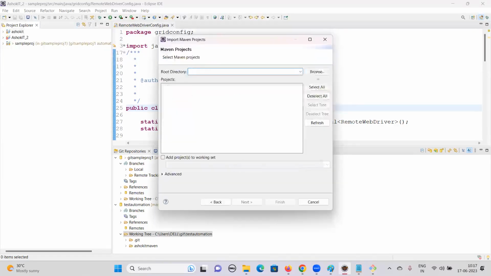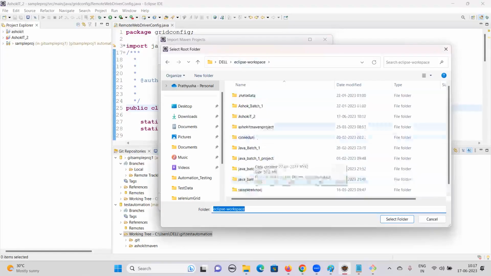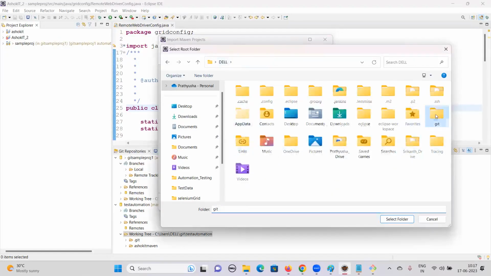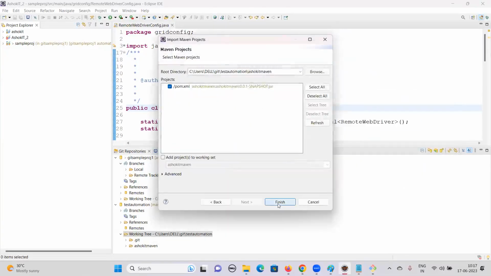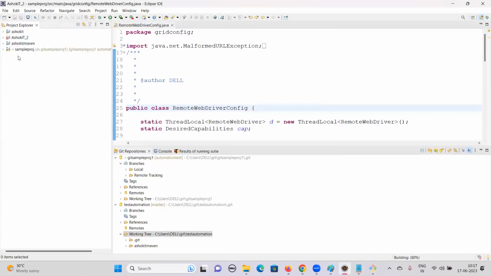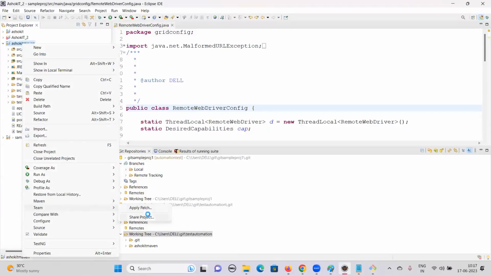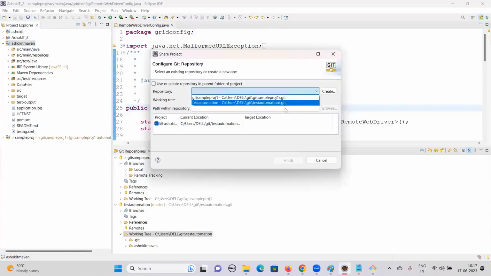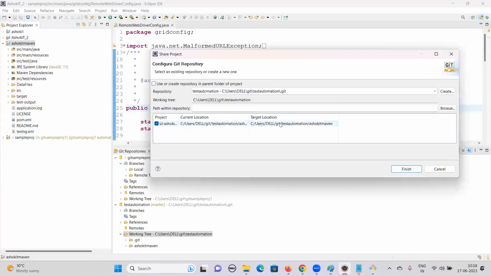It's a Maven project, right? Existing Maven project, I'm going to take it. Set the location, git. Okay, we have this project. Right click on this, go to Team, Share project. So we have already created this Git repository, right? Click on this Git. So for the target location, where it is targeting, this location. Okay, so we need to